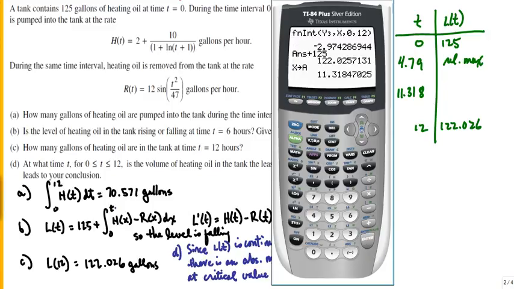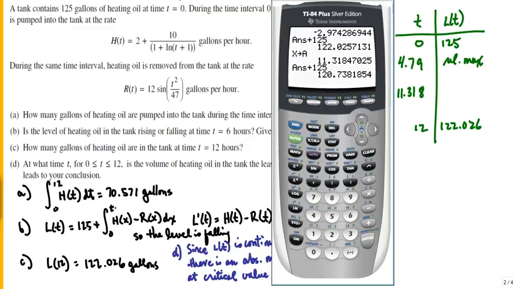I go back to my graph, and I want the integral, option 7, from 0 to alpha A. And remember, that's going to give me the net change in level over the 11.318 hours, and so that's negative 4.262. I want to add that to 125,